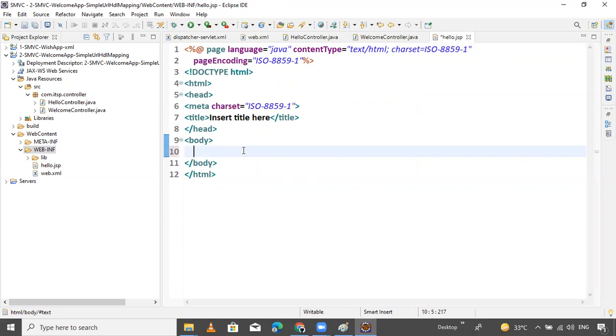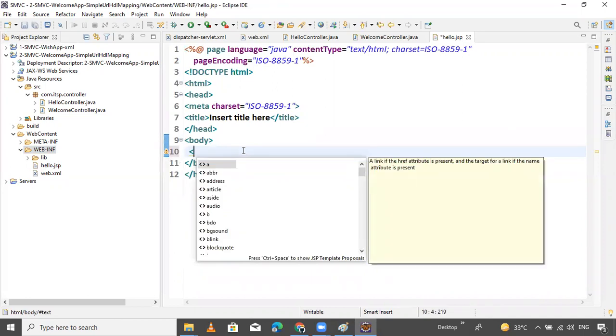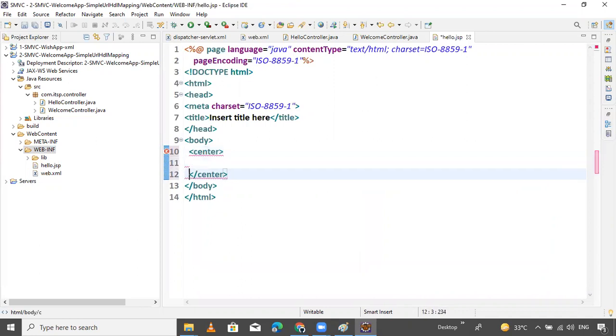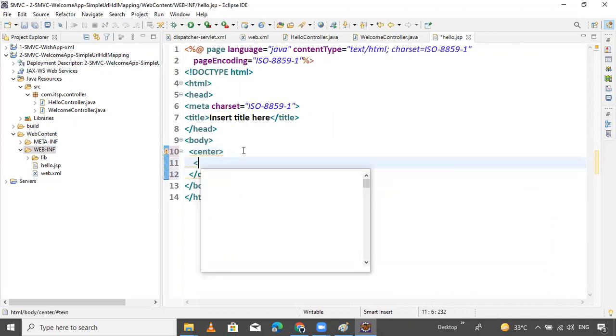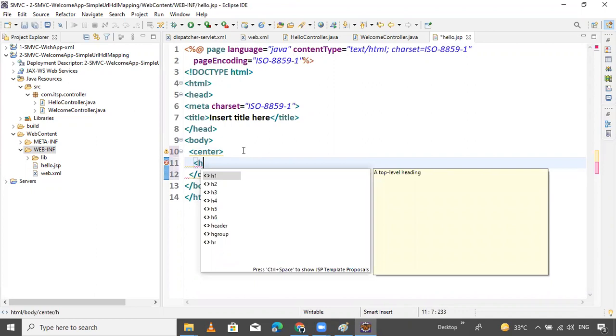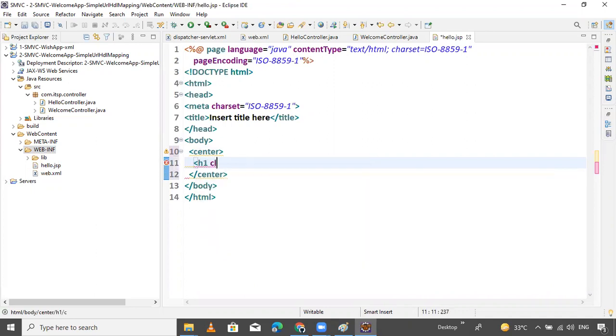I want to print a message in the center, so H2, otherwise H1 is good. Inside the H1, add color and text alignment, I think that's done. Inside the H1 pass a simple